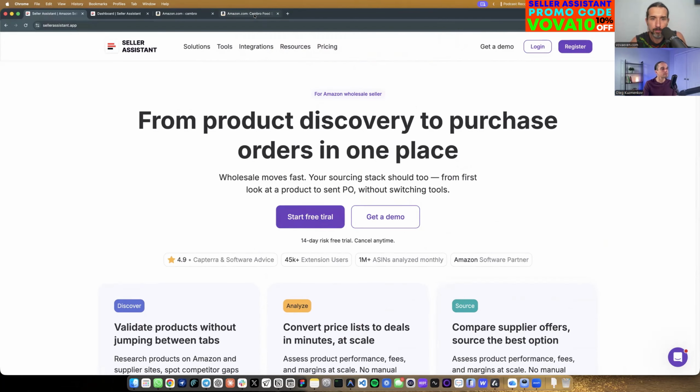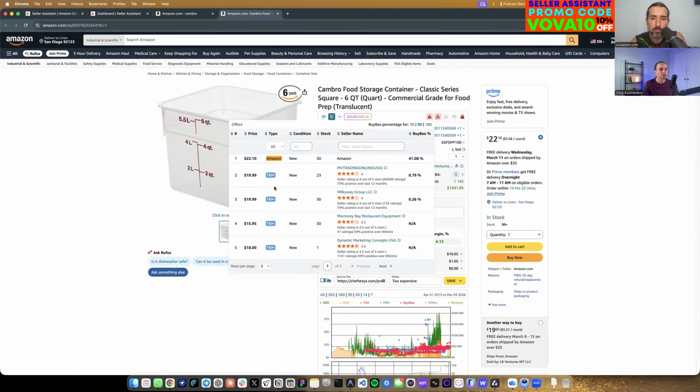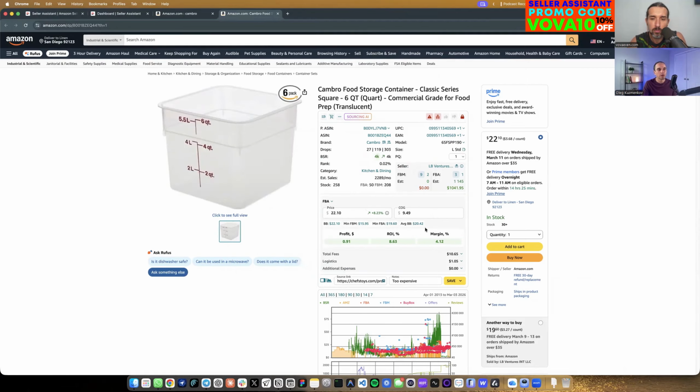Yeah. The first thing you probably know about Seller Assistant is it's a Chrome extension, and at this point, the Chrome extension covers all your needs on analyzing products. It shows you the current and historical information about a product. It shows some codes like UPC, EAN codes. It shows sellers who sell those products, prices, average prices, Keepa drops, sales estimates,